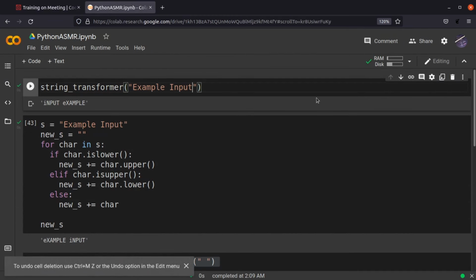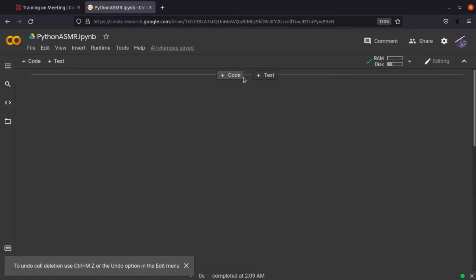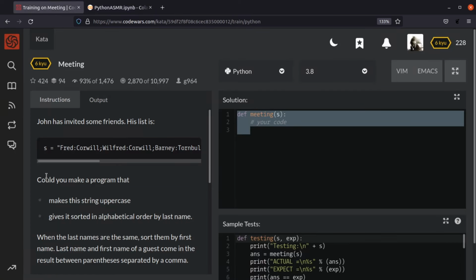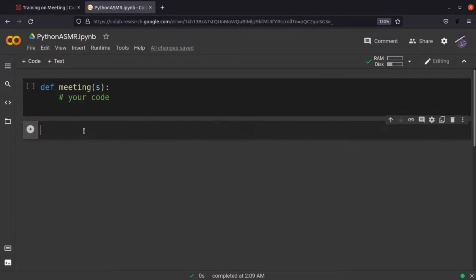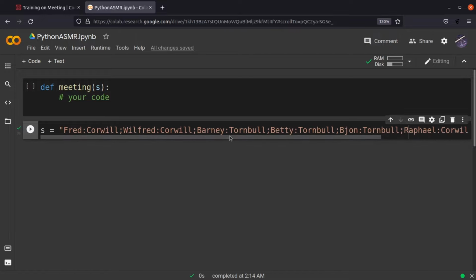Delete everything from the last one. We want to write the meeting function, and I also want to get this example string here, without the semicolon, please. Okay. Now, the first thing we need to do is extract all the